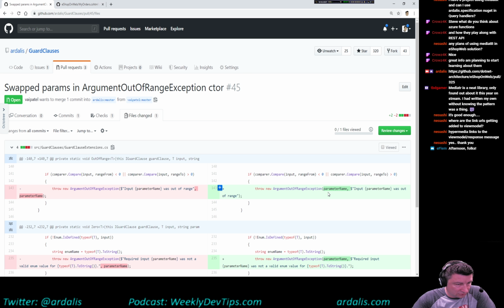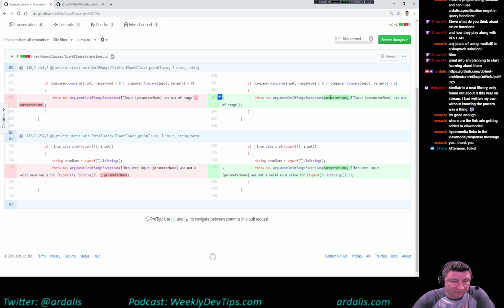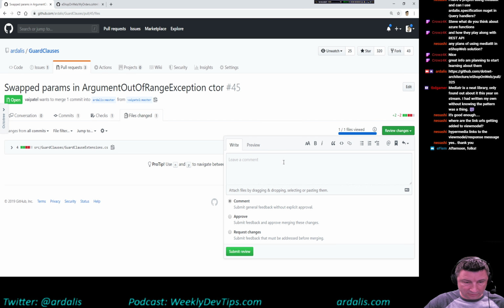Argument out of range exception. Who did this? I didn't do this. I feel like running git blame. Yeah, this should totally be parameter name first. Now all this is going to affect is the output. So the worst thing that will happen is this will break someone's test that was expecting the wrong thing. So this looks fine. View it, review it, approve it, submit it,